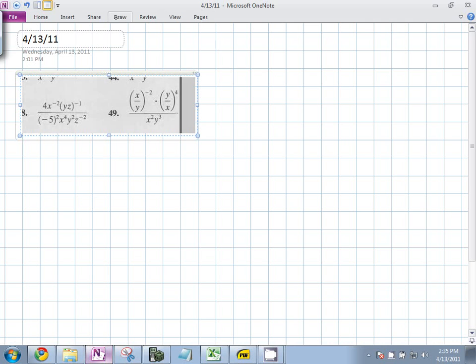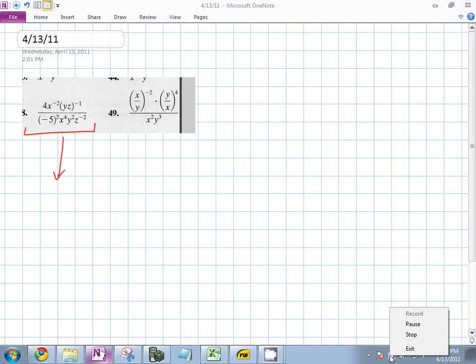What would be a nice first thing to do? There's lots of different orders you can do these things in, but what would you like to do first? Get rid of the negative. I like getting rid of the negatives first. I agree with that. The other methods are totally fine, I just like getting rid of the negatives first. If you do that, you end up with